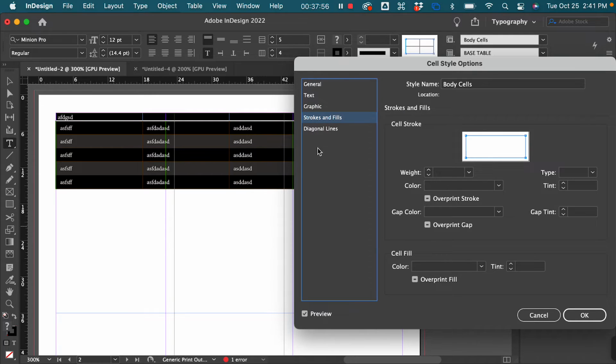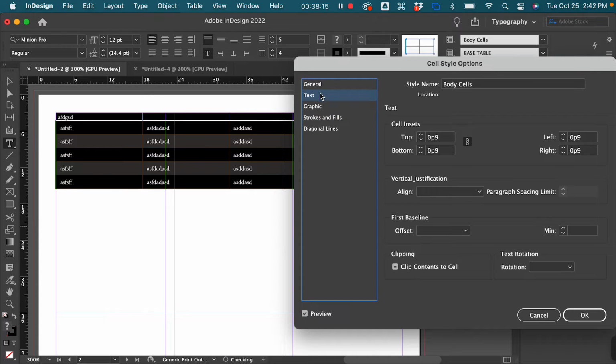Apply strokes and fills and diagonal lines. This is where, when you start combining style sheets with manual formatting, some of the confusion can come in. I generally leave strokes and fills out of the equation on a cell level. Usually whenever I format tables, I'll format the text area to have extra room and spacing, but then I'll handle all of the text itself with a paragraph style sheet,